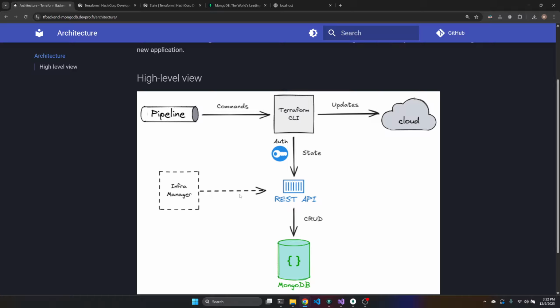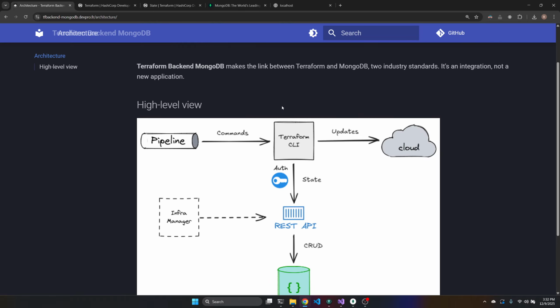So the component is basically a very small REST API that is compatible and compliant with Terraform's way to send data over HTTP, authenticated. And this is what I want to show you here.